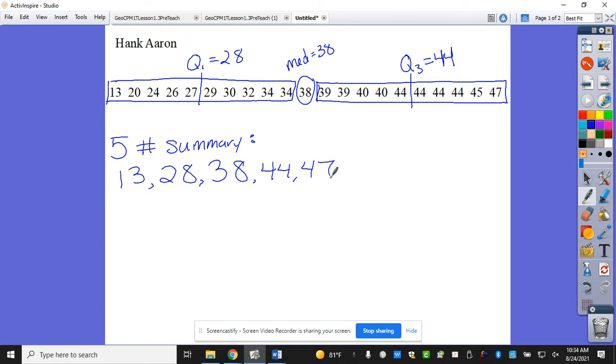Now, if I ask you on a test or a quiz, what is the 5-number summary, and I don't give you a problem, what would you write here instead? Minimum, Q1, median, Q3, and max. If I ask you IQR on a test or quiz, I want to see the generic equation, which is what? What is my Q3? Minus, which gives me